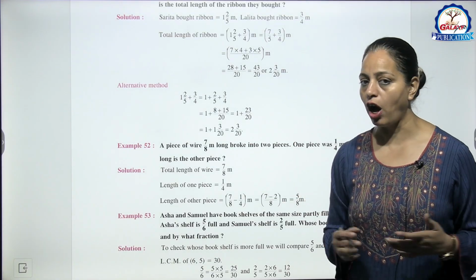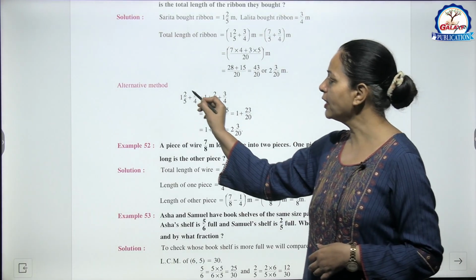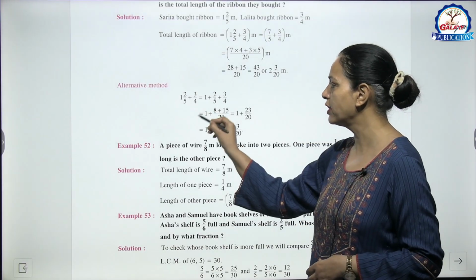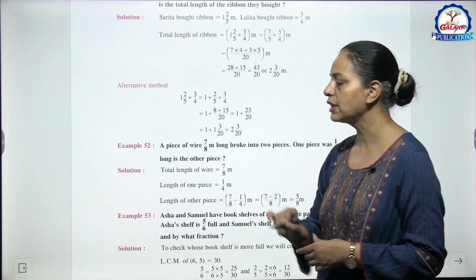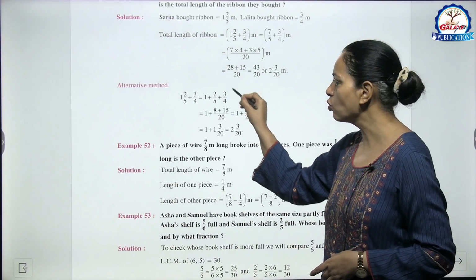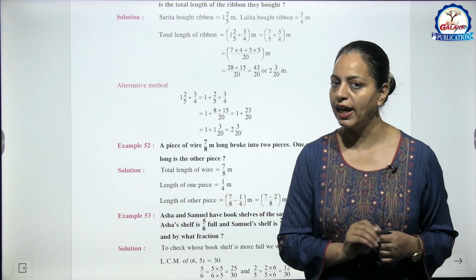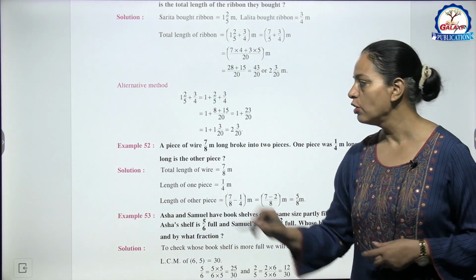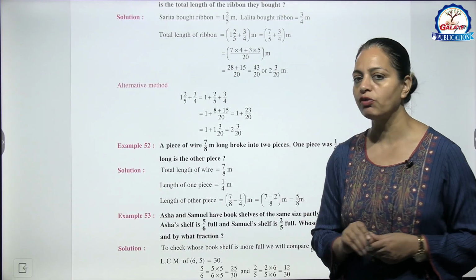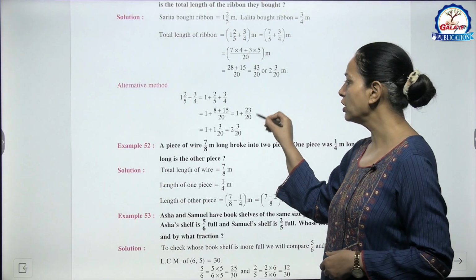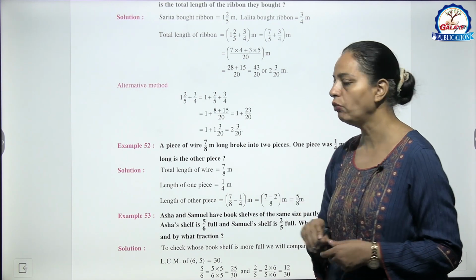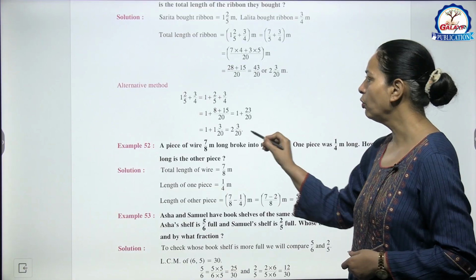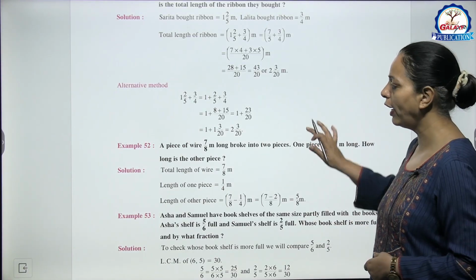Now the another way how we can do it, अब हम क्या करेंगे, इसको हम change नहीं करेंगे improper fraction में. So what we are doing, we are writing 1 plus 2/5 plus 3/4. Now add these two fractions, 5 and 4, take the LCM, LCM is 20. We are getting 8 plus 15. So 1 plus 23 upon 20. Okay. Now convert into mixed fraction, 1 whole 3/20. Now add 1 plus 1, 2 whole 3/20. So you can do it by any way.